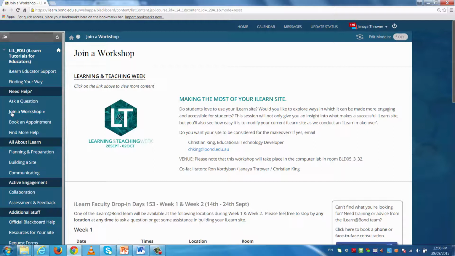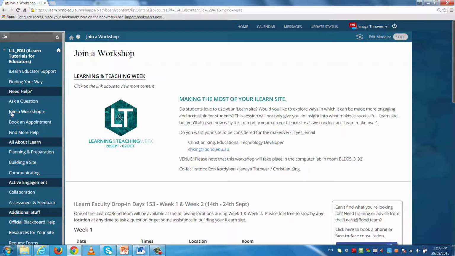Yeah, I'd just like to say if you do have a layout that you would like that I know is available in Word, but you can't get it quite right in iLearn, email us, let us know, we can create a template for you and put it in your iLearn site. You can then copy that template and reuse it as many times as you would like. So if you're not great with code and you can't do the more advanced techniques, we are here to help you. So if you want to email us at